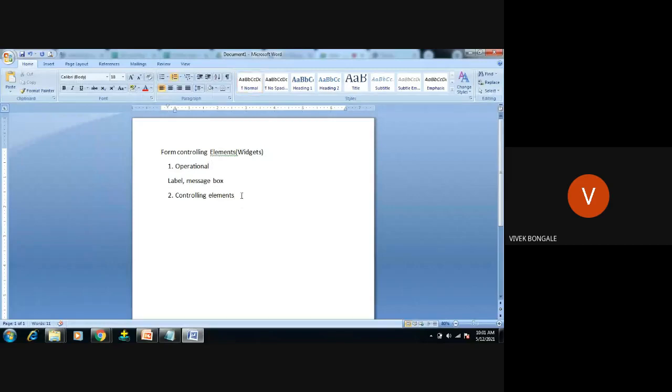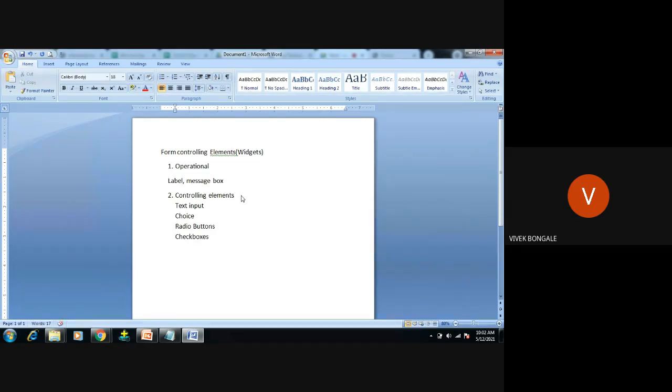And many elements we're going to use in normal forms all come under controlling elements. First, text input control, then choice control. Third one is buttons. Fourth one is text boxes.